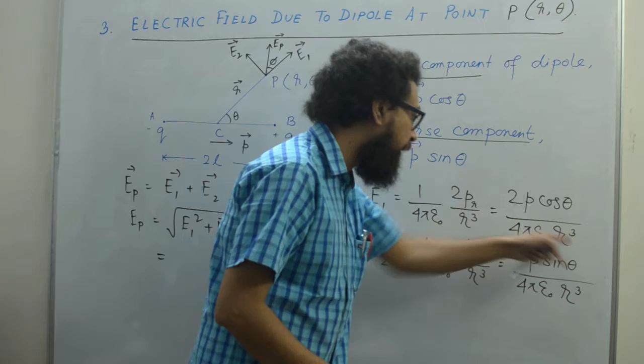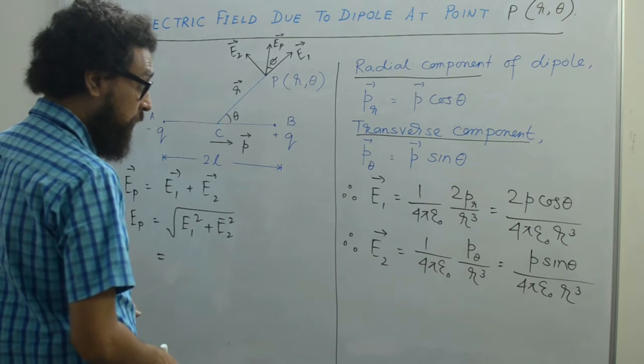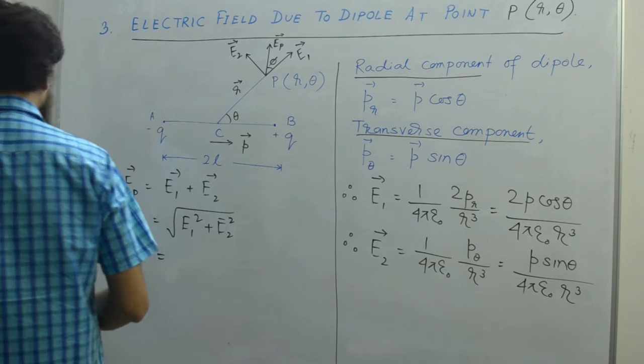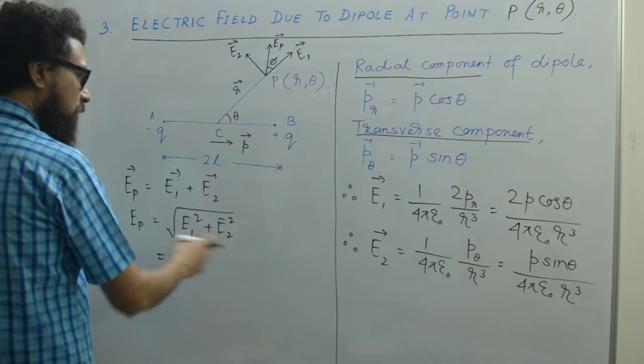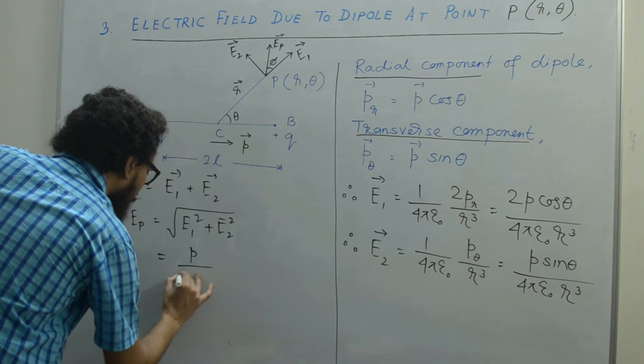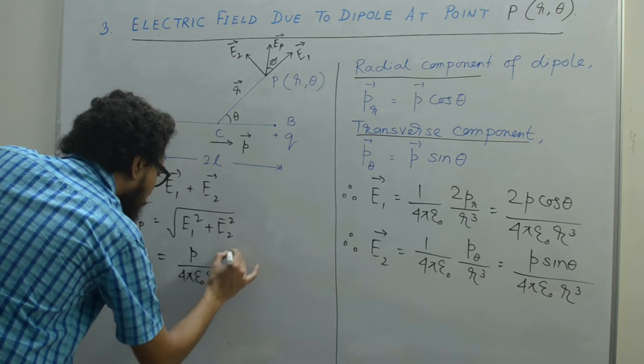We have r cube here, and the square root. We have the square also, so no issue. So we will take p by 4 pi epsilon naught r cube,